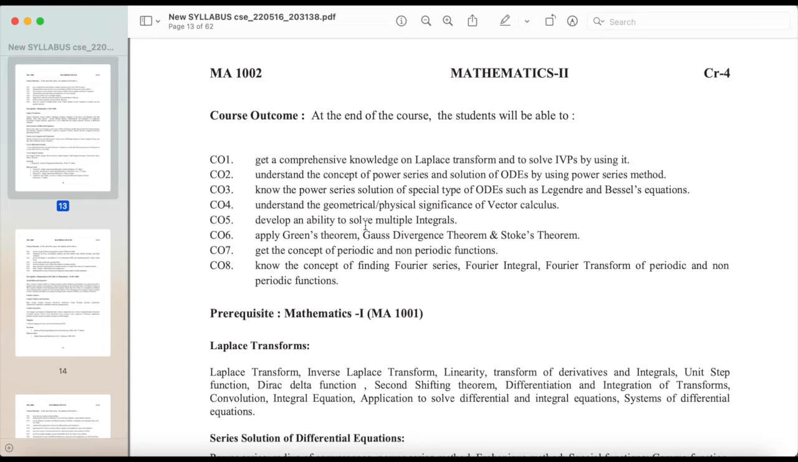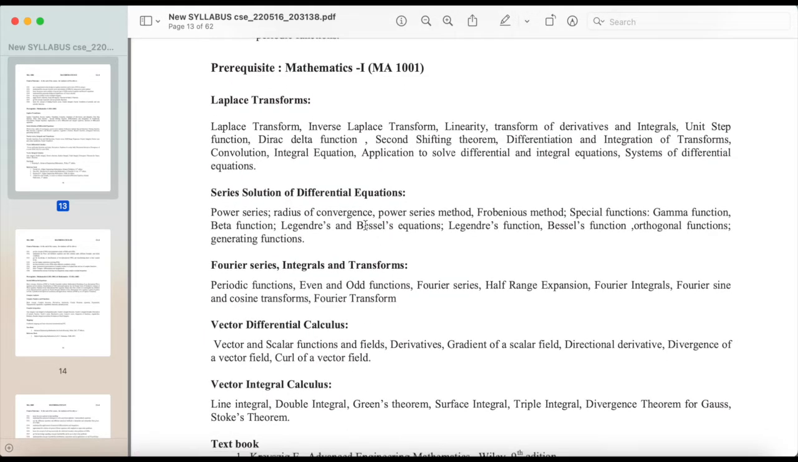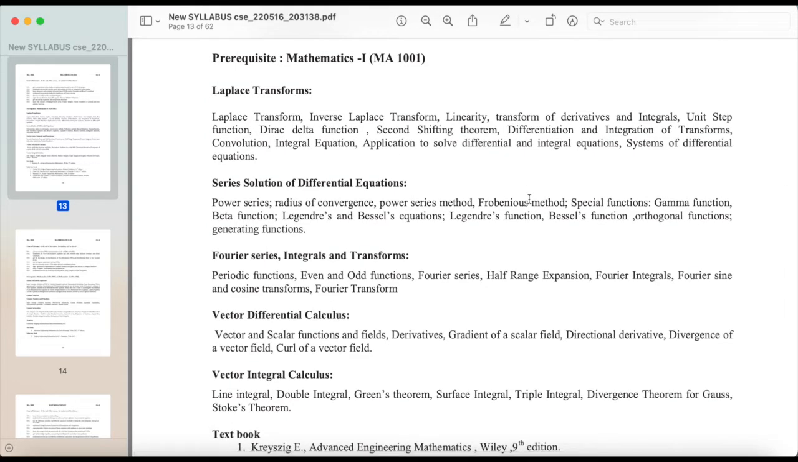Next, Mathematics 2: Laplace Transforms. Laplace transform, inverse Laplace transform, linearity, transform of derivatives and integrals, unit step function, Dirac delta function, second shifting theorem, differentiation and integration of transforms, convolution, integral equation, application to solve differential and integral equations, systems of